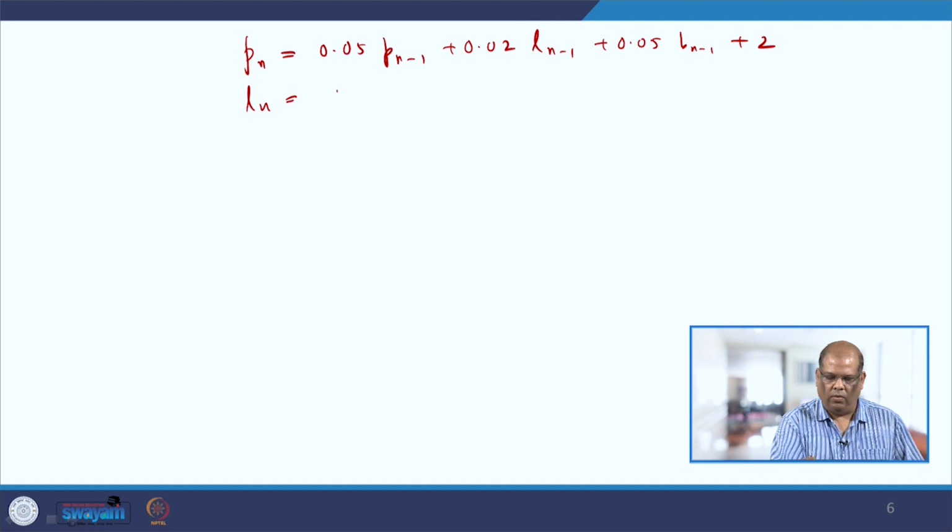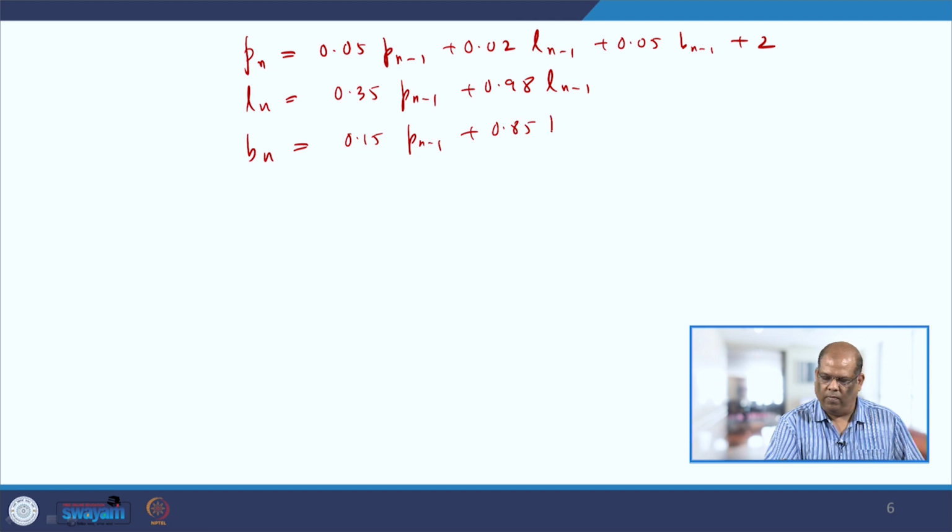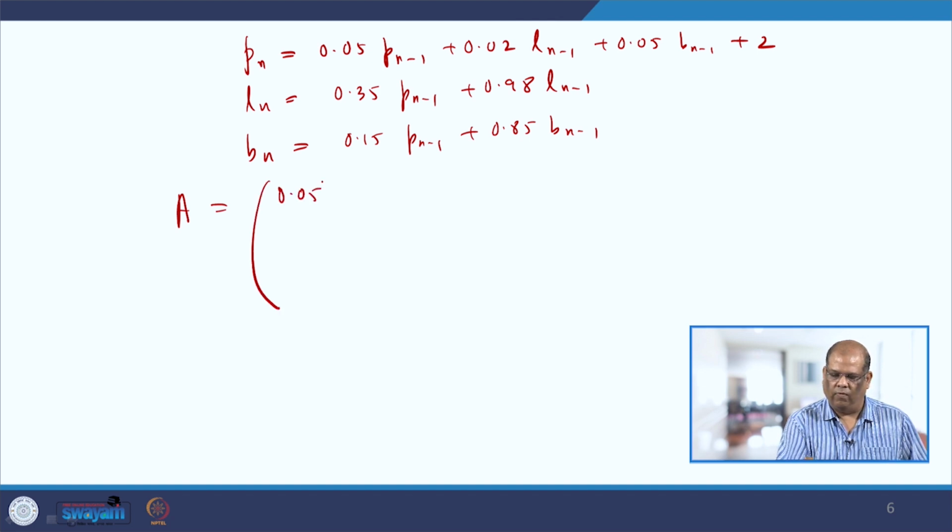Ln is equal to 0.35 Pn minus 1 plus 0.98 Ln minus 1, and Bn is equal to 0.15 Pn minus 1 plus 0.85 Bn minus 1. So the coefficient matrix is 0.05, 0.02, 0.05, 0.35, 0.98, 0,